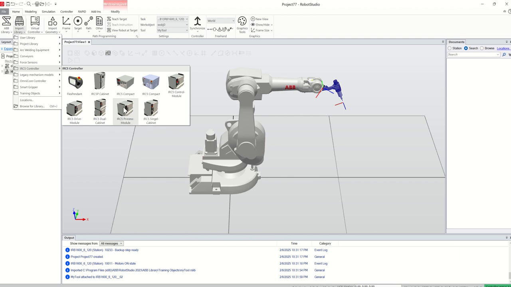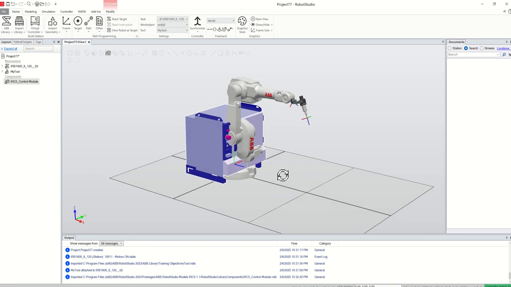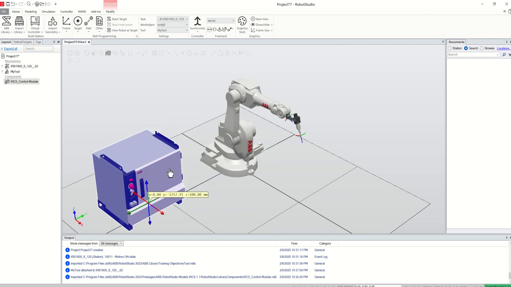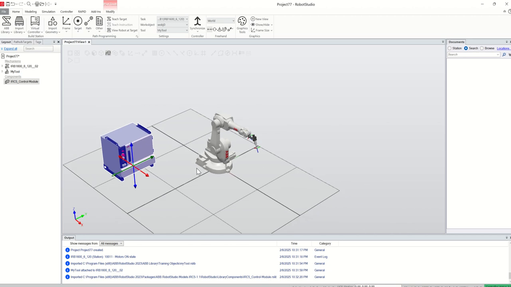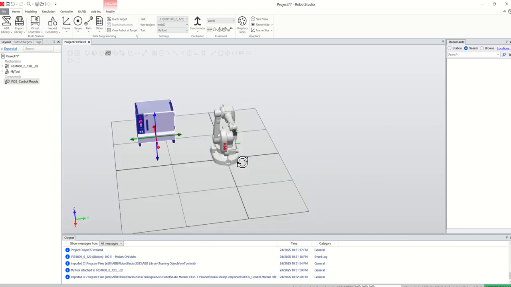So IRC5, that one. We're not going to connect this controller with any of this, but I just wanted to show how you can take a controller and move it in the work envelope or work